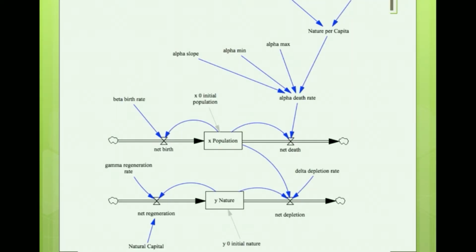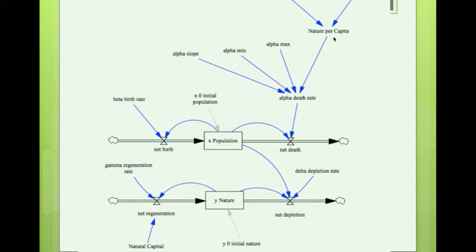So this is a little bit of the schematic of the model we're going to be discussing. There are two stocks, population and nature. Population has births and deaths, and the births are driven by a birth rate. The deaths are driven by